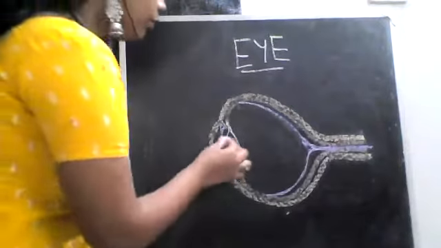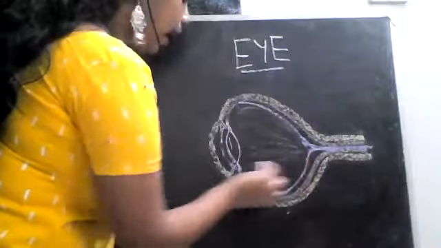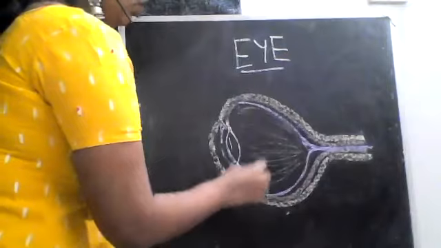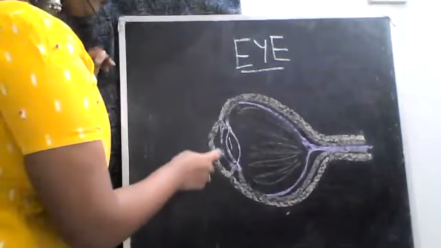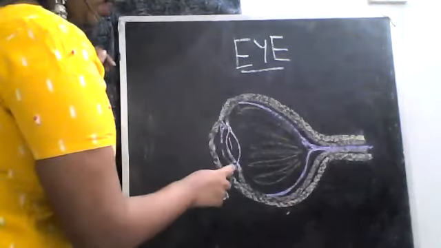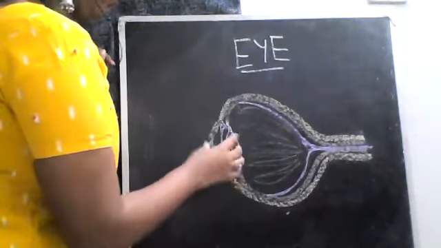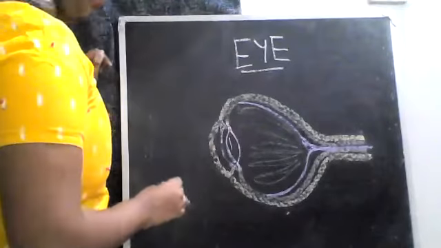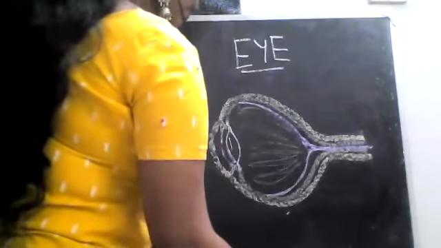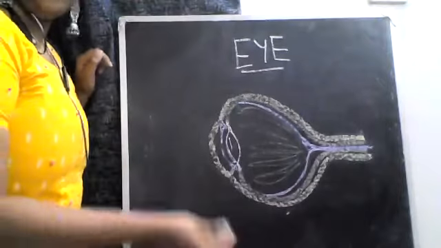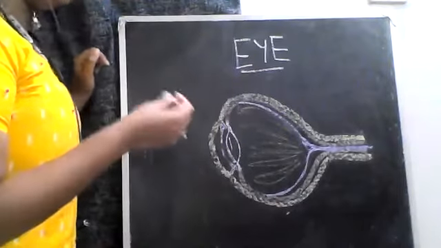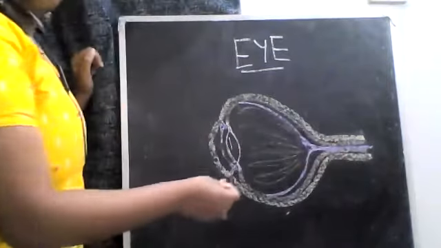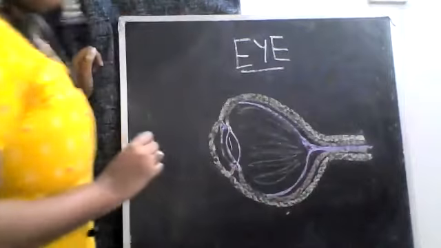There is a lot of liquid inside the eye. The liquid over here in this place is called the vitreous humor. The liquid in this place, between your iris and the sclera outside, is called the aqueous humor. Now we'll have the final detailing. If you've drawn a very big diagram and you have a lot of space, then you can draw some blood vessels, and draw a parallel line along with the optic nerve.